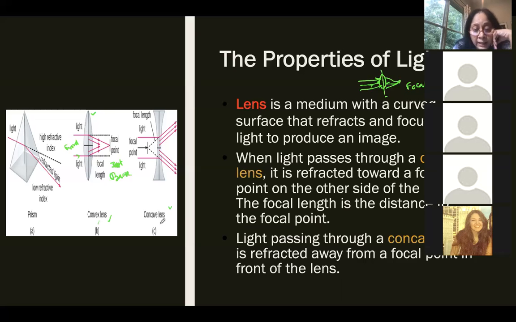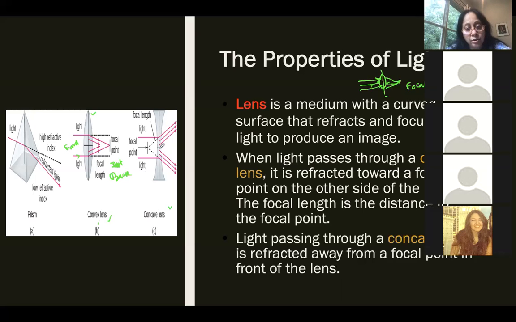Now for the concave lens, what happens? A characteristic feature of a good quality lens is that it collects a high amount of light, accumulating as much light as possible. Over here, for the concave lens, light falls onto the lens, but they reflect far away